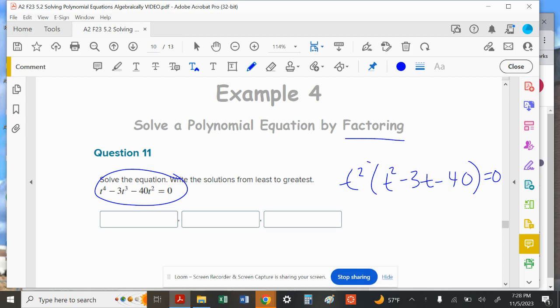So we can see that we have this one here. I can assign that one to 0, so t squared equals 0. So that means that t equals 0. Okay, that's one answer because we take the square root of both sides. And then here we do the